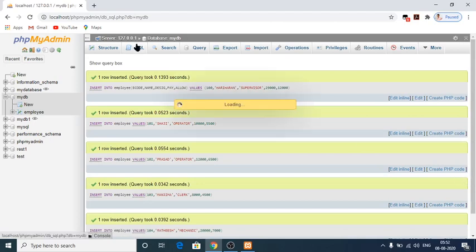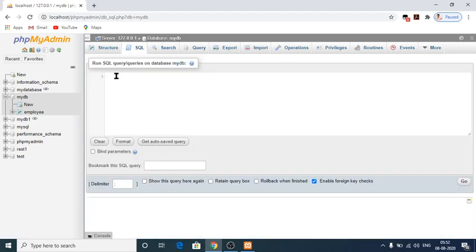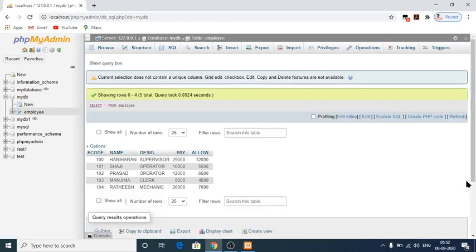First I would like to retrieve all the values: SELECT star FROM employee. My values have all been retrieved from the table: ECODE from 100 to 104, names from Hariharan to Ratheesh, their designations and their payment. Now I am going to execute all the 5 questions.